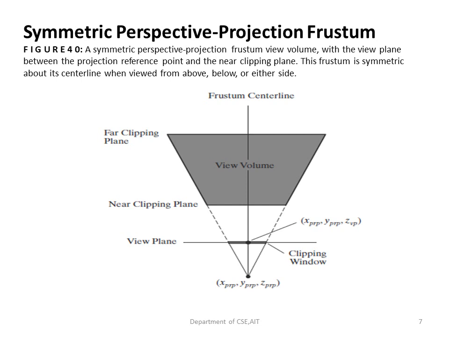If I have a point XPRP, YPRP and ZPRP and one line connecting it to the center of the frustum, we have a center line. From this picture we can see that this is a symmetric perspective because the line equally divides the volume. If we look from the top, the side or the front, from all directions, it will look the same. That is why this is called a symmetric perspective projection.